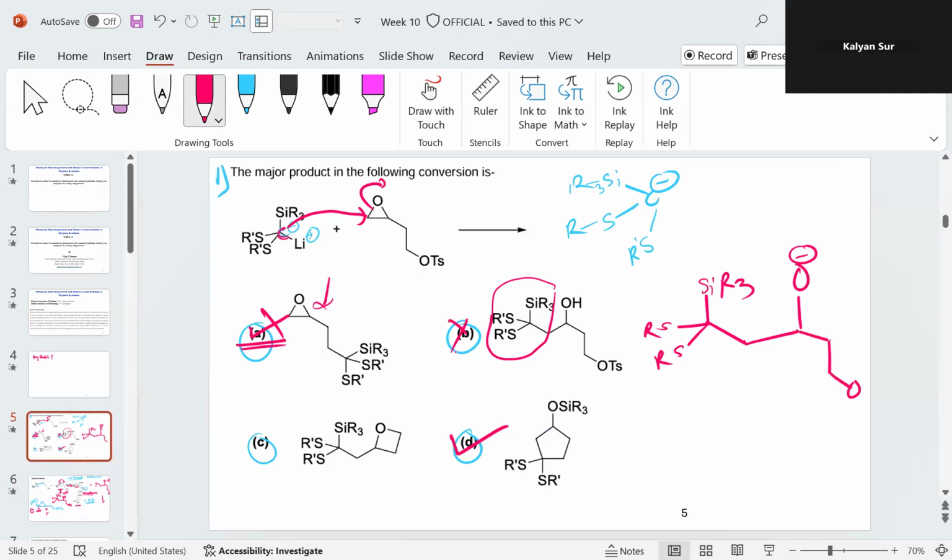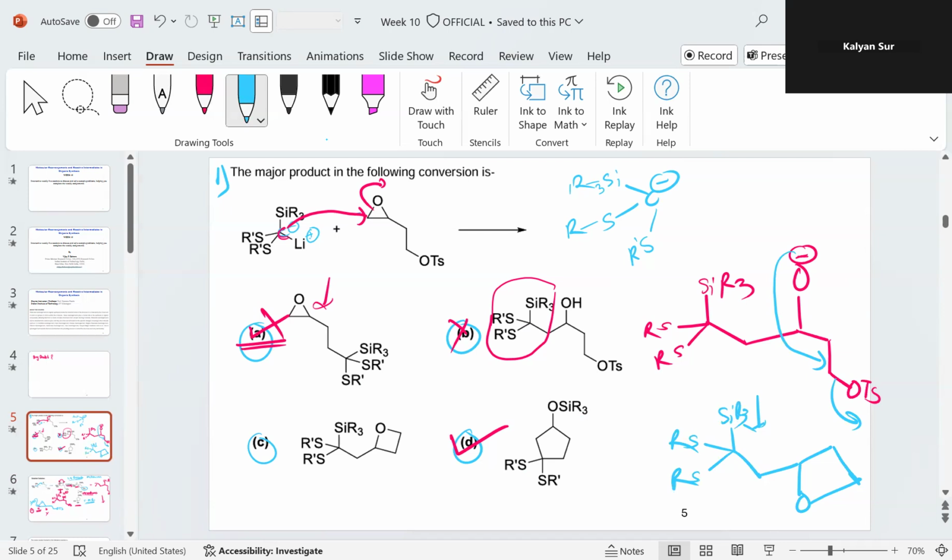if this O negative directly attacks on this OTs, it can lead to the formation of a four-member ring. This will be the O, and since the OTs is now eliminated, this will be the product if the reaction goes by that mechanism. So this will be SiR3, and here SR. But in this also,